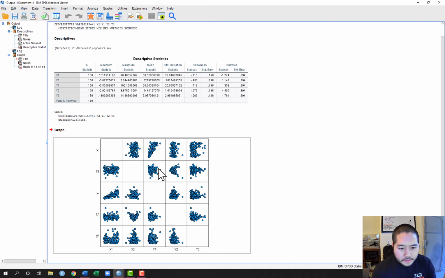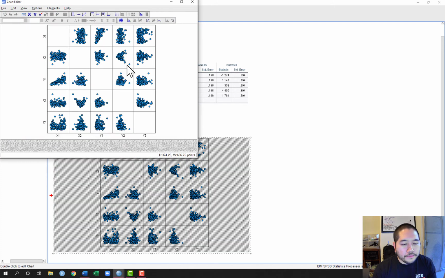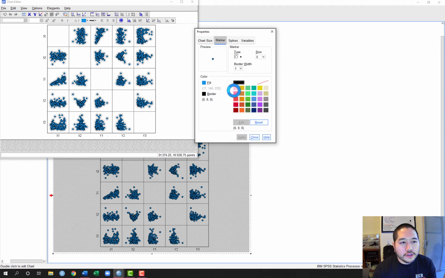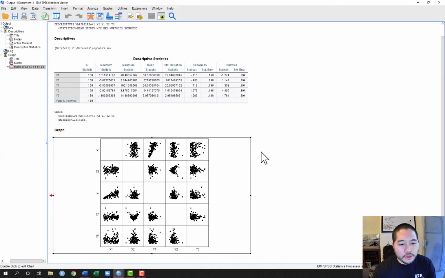Okay. So what I'm going to do first is I'm going to double click to open up the chart editor. I think the points here are a little too bulky, so I'm going to go ahead and change those. So I double clicked on the dots, or the points. You can click on any point or double click on any point and it will open up this properties box. So the type is fine. I'm going to change the fill to black, and I'm going to just make the points a little smaller. I'll click apply,